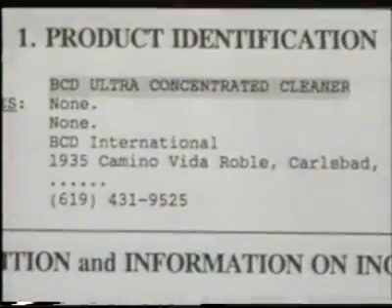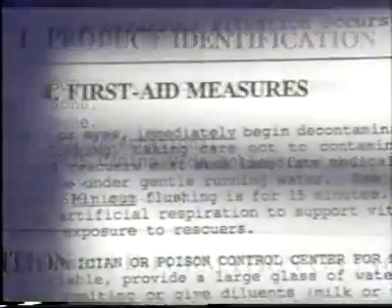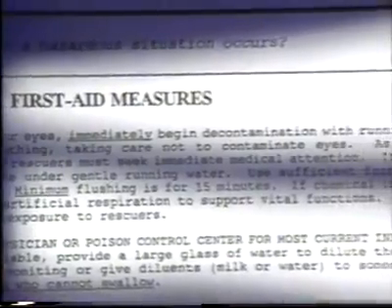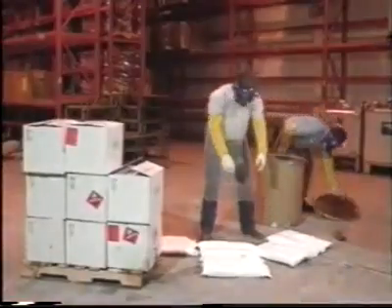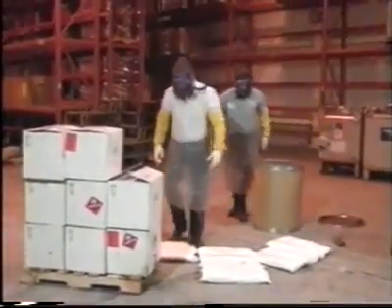In the event of an accidental exposure, first aid and firefighting measures are listed, as well as how to respond to a spill or leak. For example, if this industrial cleaner were spilled on the skin or in the eyes, the first aid section says to immediately begin decontamination with running water. Accidental release measures for spills or leaks are listed as well. The MSDS describes how to clean up the hazardous material. It is mainly designed for those trained in responding to emergency spills.